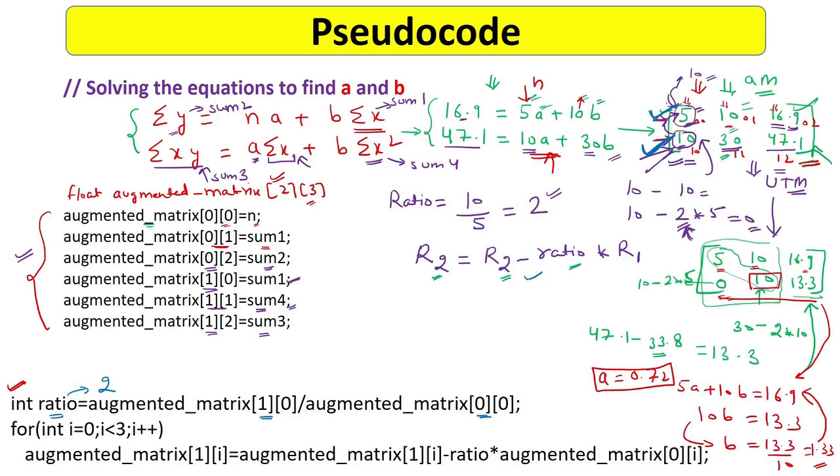Now after that I have applied this row transformation. And how many times have I applied this row transformation? I have applied it 3 times, for this, and for this. So I have run a loop 3 times, from 0, 1 and 2. And what I have done is I have applied this transformation. This row 2 corresponds to this element, the element of row 2. This augmented matrix 0i is actually this row 1 element, and this ratio is this ratio. Every time I am changing in which row I am changing, I am changing in this row.